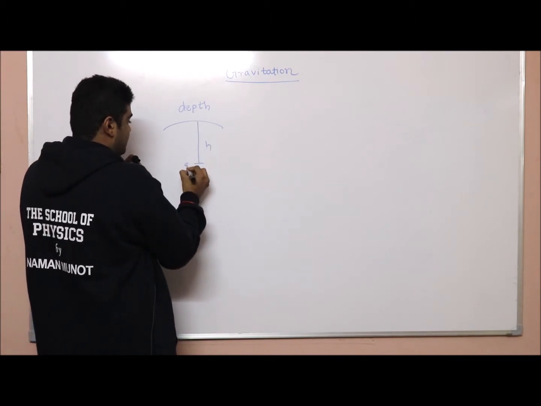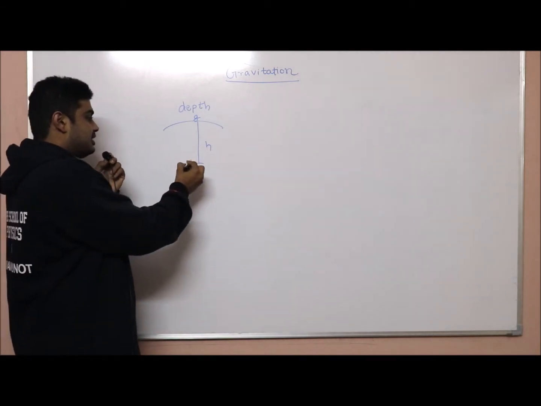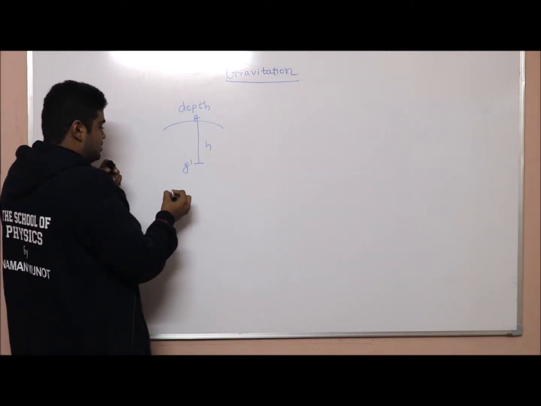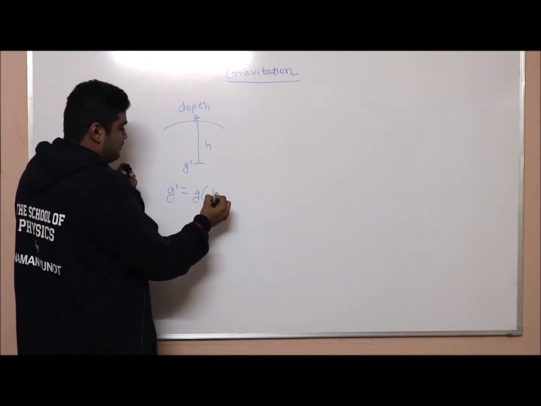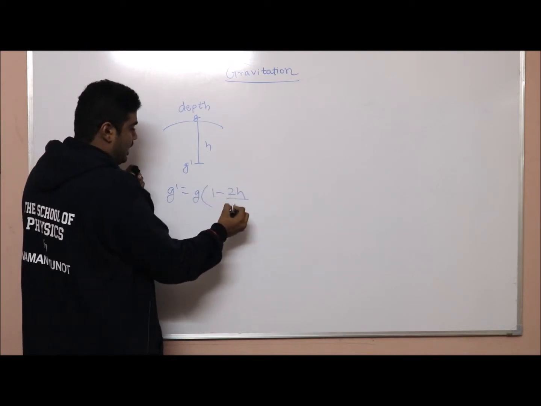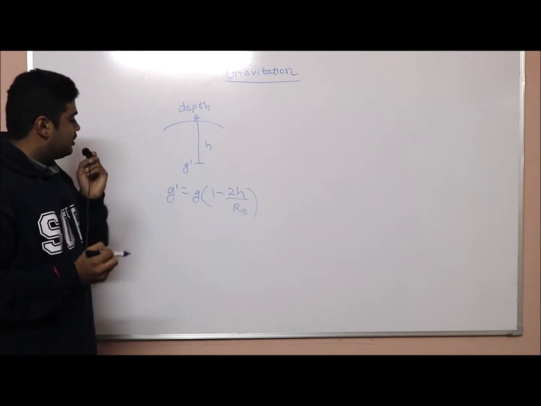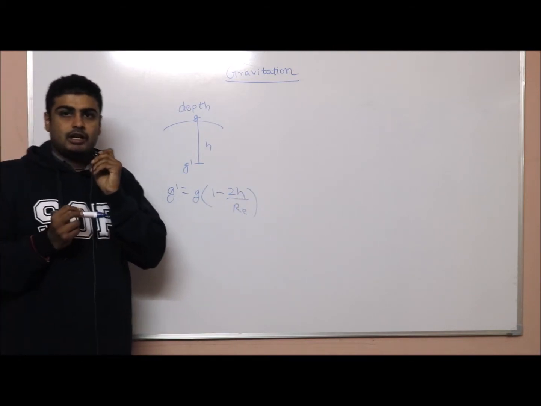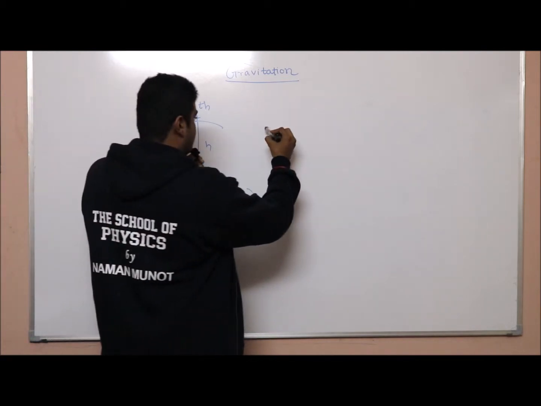So here, if acceleration due to gravity is g at the surface and g dash at depth, then g dash is equal to g into 1 minus 2h upon Re. Very simple formula you have to remember. With depth, g dash is equal to g into 1 minus 2h upon Re. With altitude also,